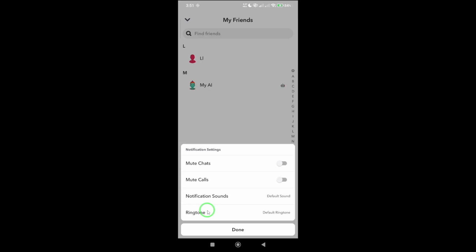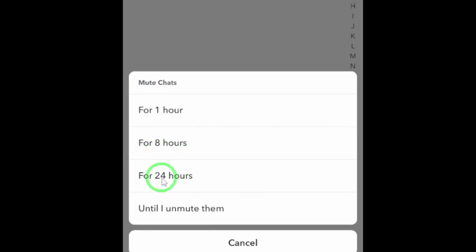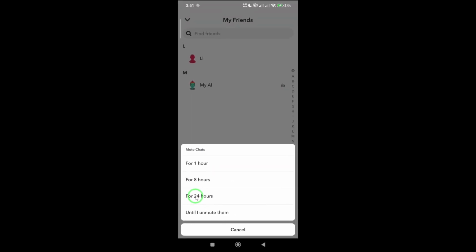After that, tap on Notification Settings. You'll now see options that let you customize how Snapchat notifies you about messages from this person. Look for the option labeled Mute Chats and toggle it on. As soon as you do that, Snapchat will give you a few duration options. Select for 24 hours. And that's